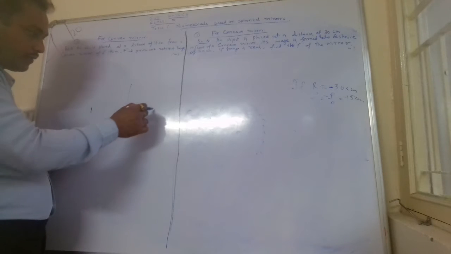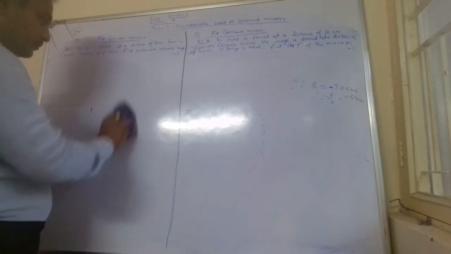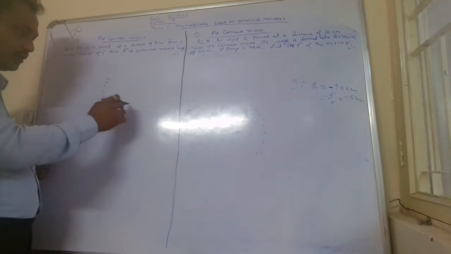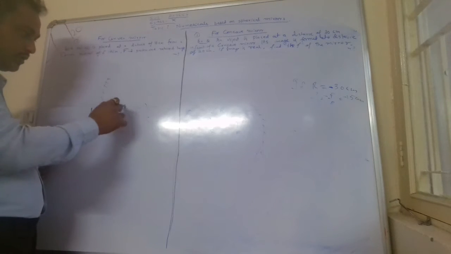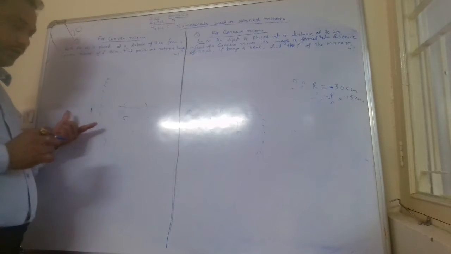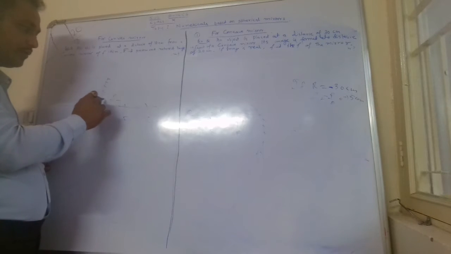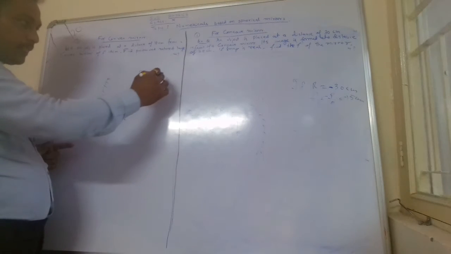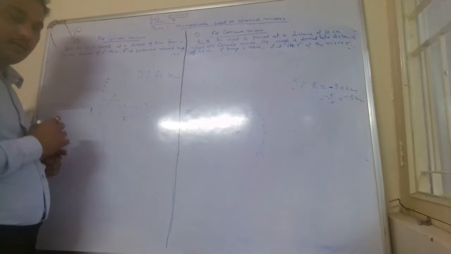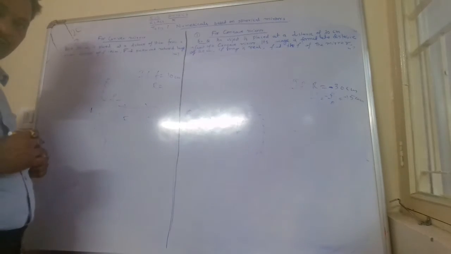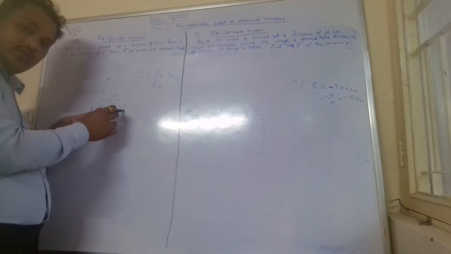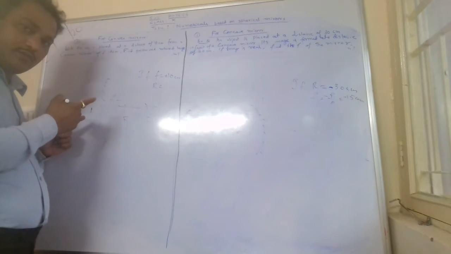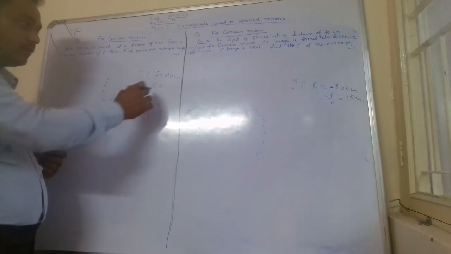Similarly for convex mirror also, as you are aware, here the inner part is shaded, so a circle will form. This is on the right hand side, this is C, this is F. Here if focal length is given, it is on the right hand side. If focal length is given 10 centimeter and you have to find the radius of curvature, so what we will do, as F is on the right hand side, it will be positive, so we will put a plus sign in front of the given value 10,